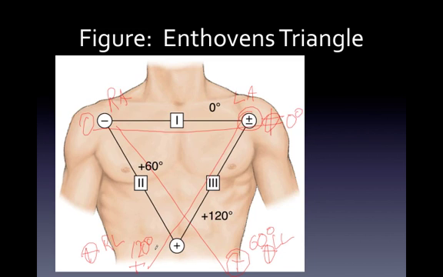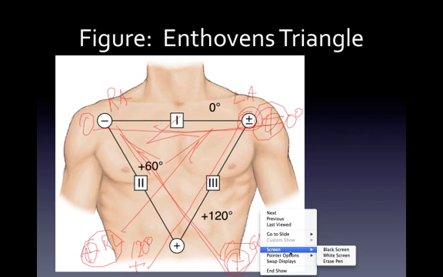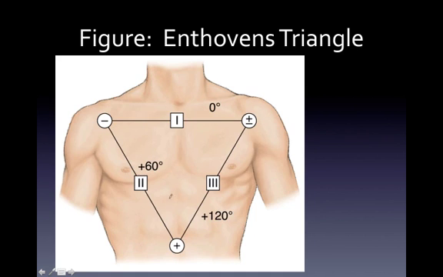So in the bipolar leads, we look from the positive electrode back towards the negative electrode, and that would depend on which camera shot we were actually looking at. Clear this off of here. Okay, so